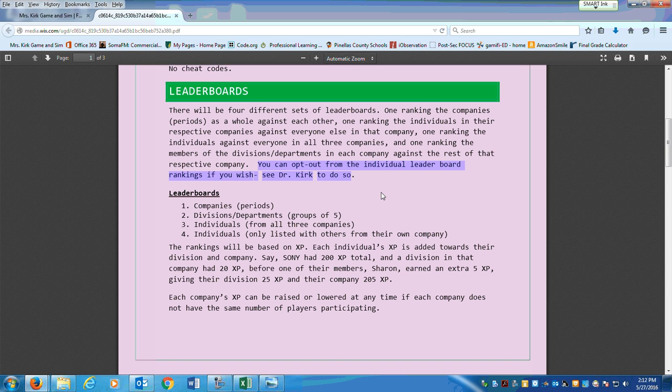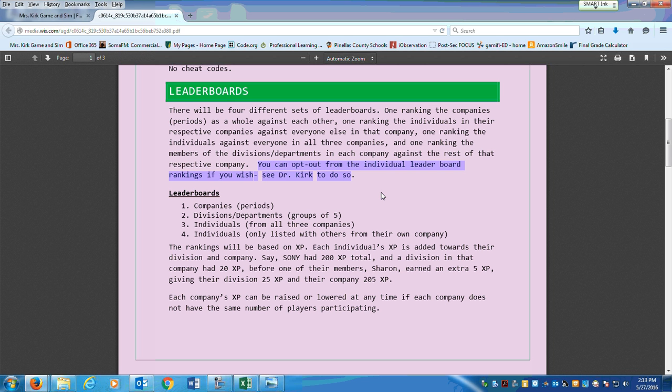I will say that these leaderboards have nothing to do with your actual grade. Your experience points are going to be based on extra things, going above and beyond, and different things throughout the class, which I'll go over in a little bit. So just because you are first on the leaderboard doesn't necessarily mean you have 100% A. Likewise, just because you are in the middle or at the end of the leaderboard doesn't mean you have a C or an F. It's completely based on other items.